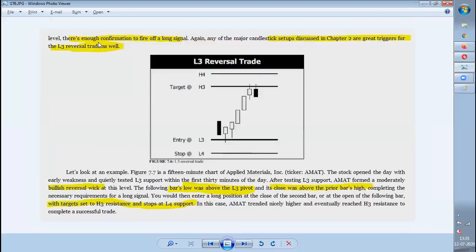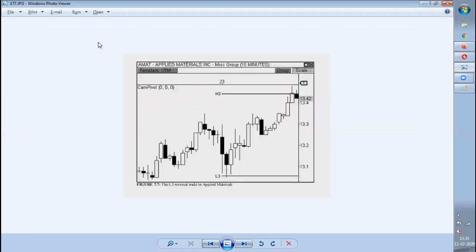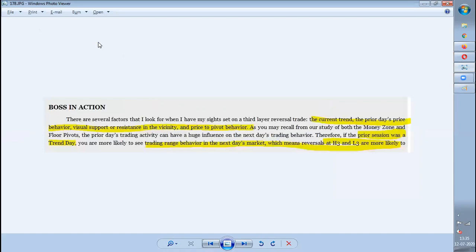Whenever you see any reversal or any weakness at L3, then you can go for a short, and the target will be H3 and your stop loss will be H4. And he is able to do that because he will be seeing how the market trend is, the current trend, bearish or bullish. Then he will also see what the previous day's range behavior is, whether it is a trending day